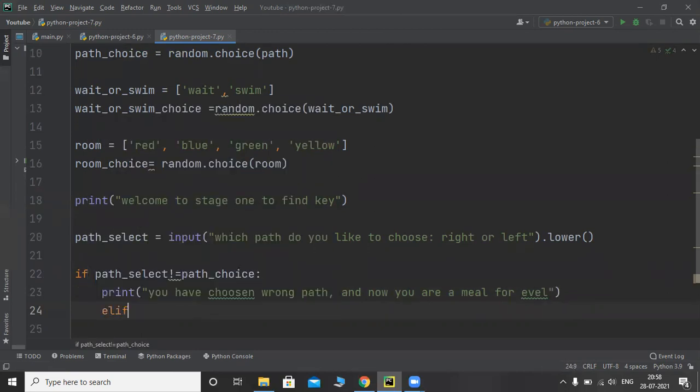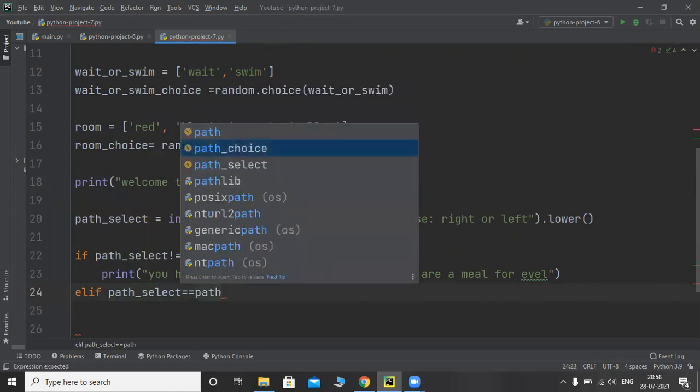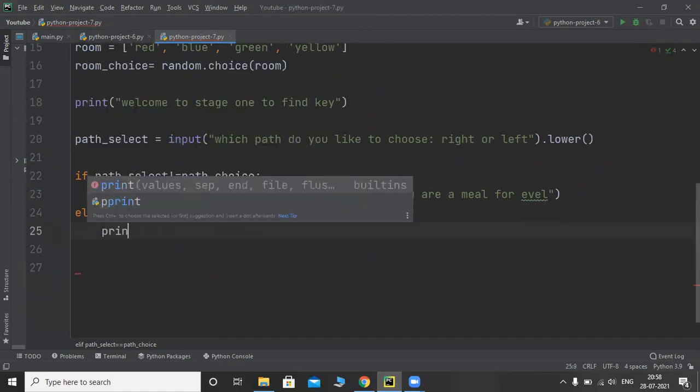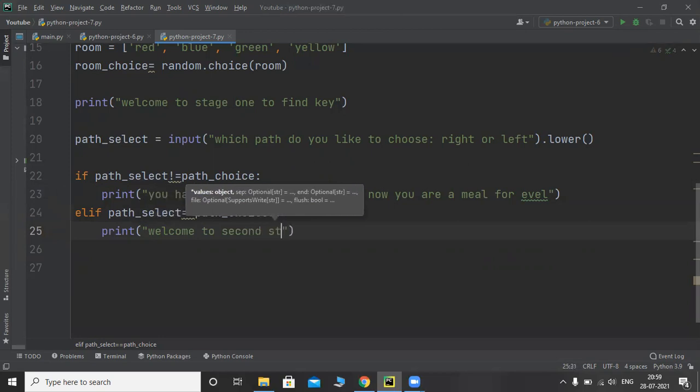Elif the condition path_select is equal to path_choice, then it has to print welcome to second stage, and you made it.